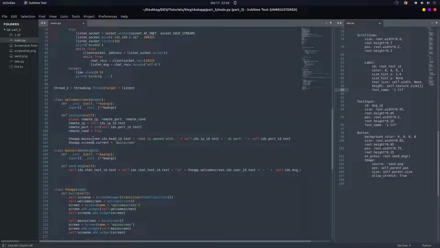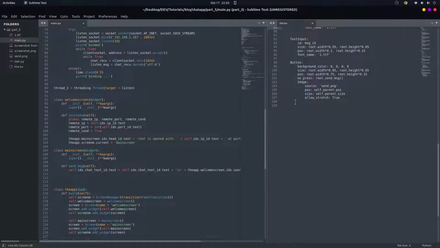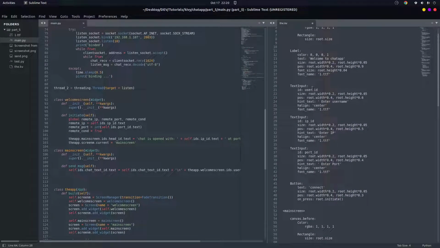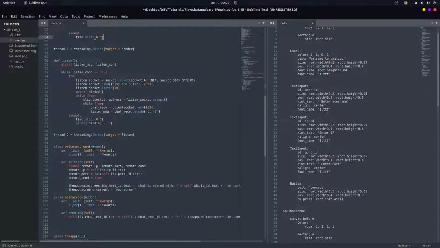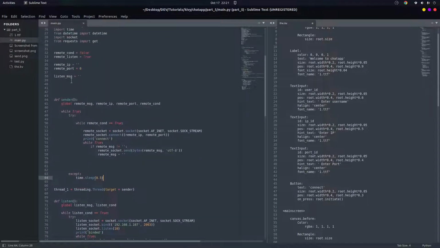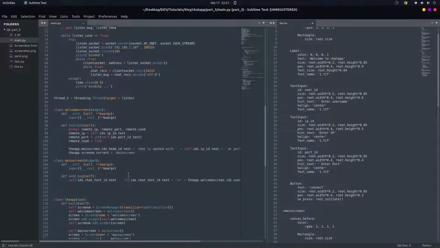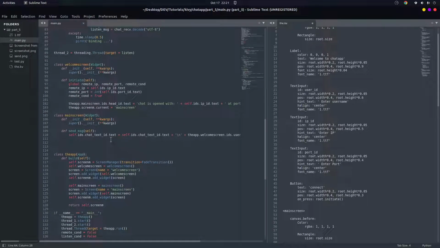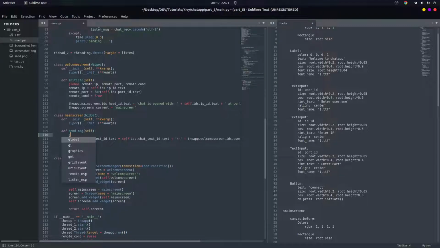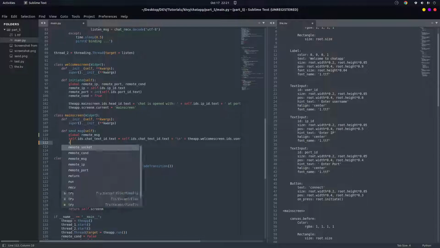Last time we stopped here, we have been able to pass in the port ID and the IP ID as remote IP and remote port as globals to the sender. Okay, so the next step before we start our application, we have to do a few more things. So in the send message, we have to come here to do this. So global, then we're going to say that remote message is